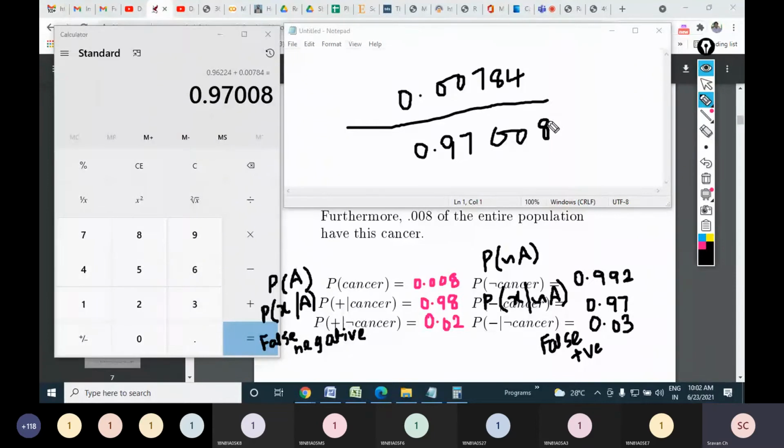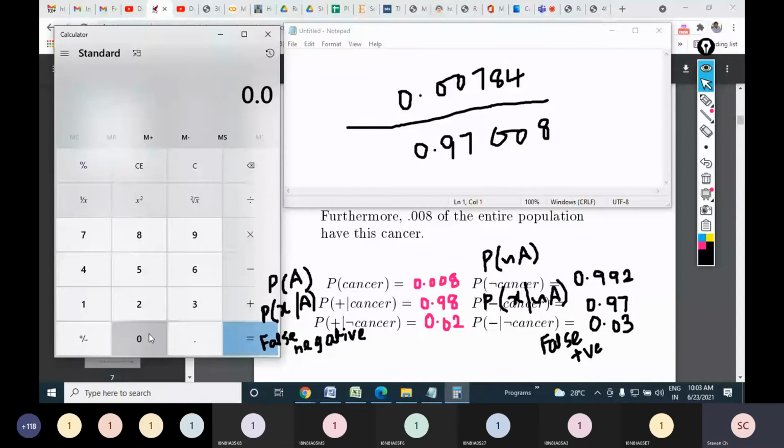So we got the numerator and denominator. Now we will do the division part. 0.00784 divided by 0.97008,